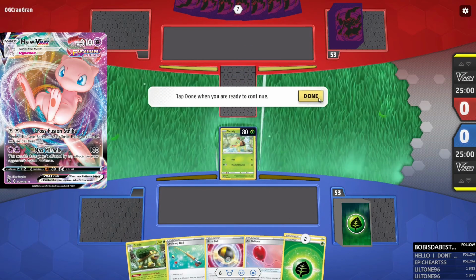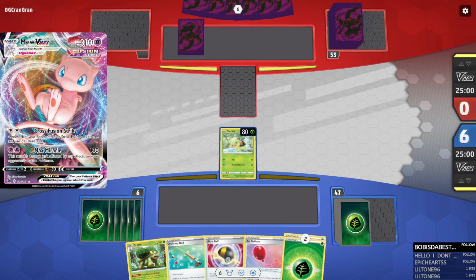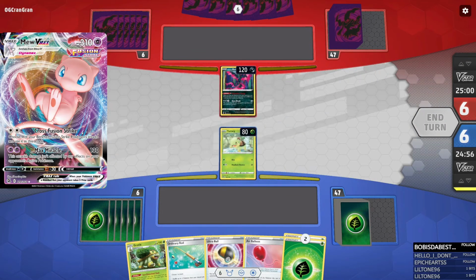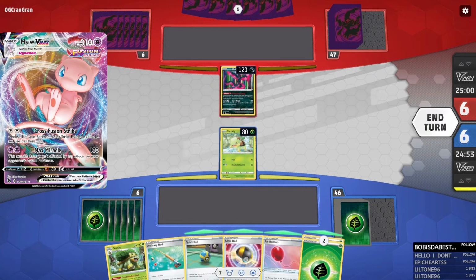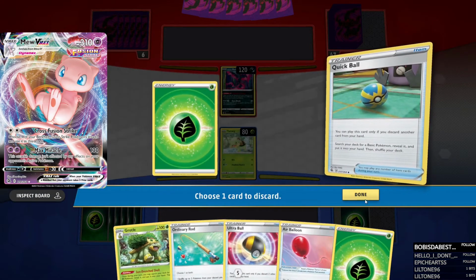Alright, this is not a Pogger starting hand here. It does look like I'm playing against a dark deck, though. That is encouraging. Okay, so we got Quick Ball, we got Ultra Ball. What do I go for here? So if I Quick Ball away that,